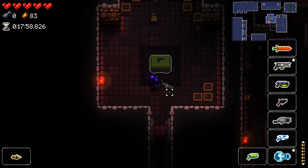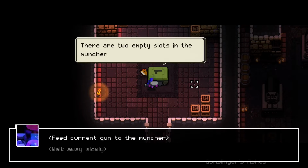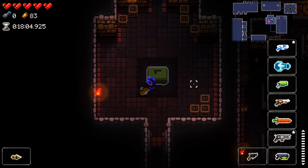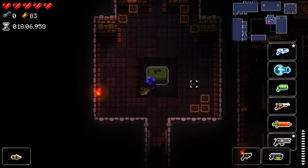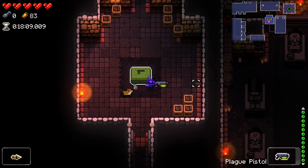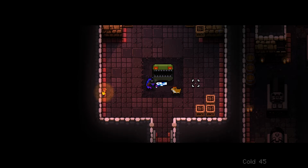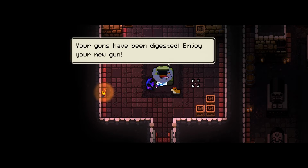I am gonna gun munch. Gunslinger's Ashes is just trash. Thanks, dog. And I think we're gonna gun munch the... I'm gonna gun munch Plague Pistol. No, gun munch the 38 special. I'm just kind of gun munching garbage, but it's like a blue and a brown. I don't want to gun munch the Plague Pistol because I actually kind of...